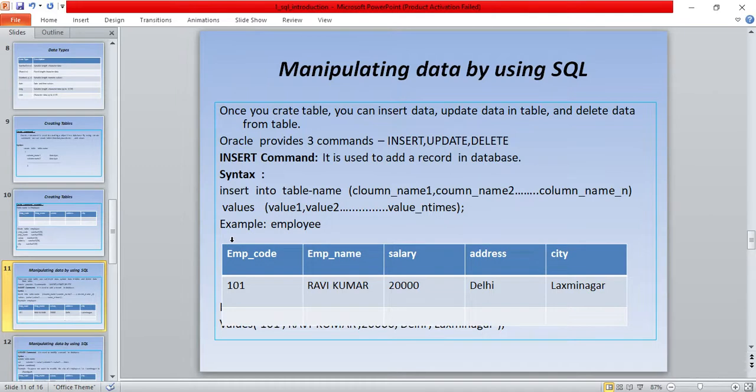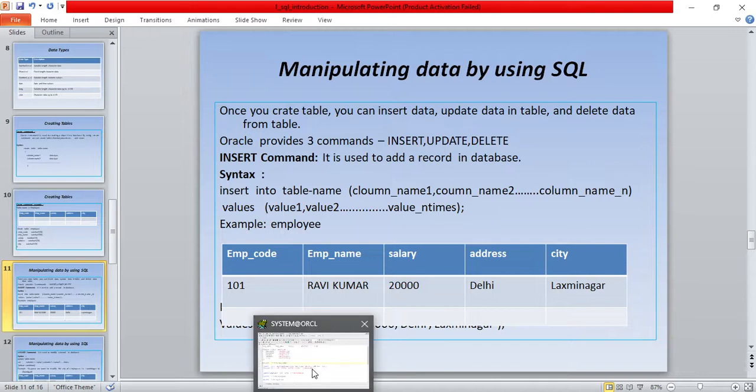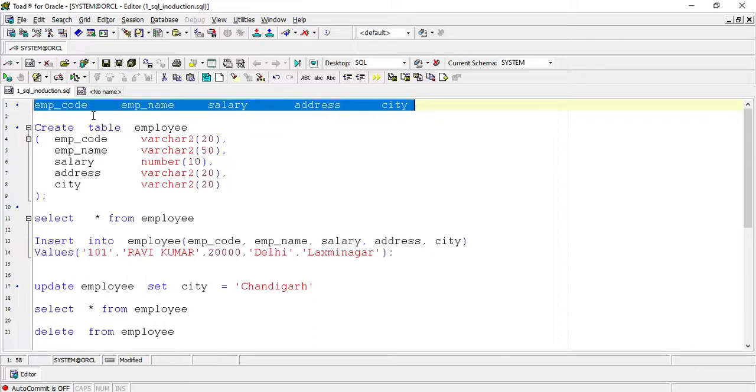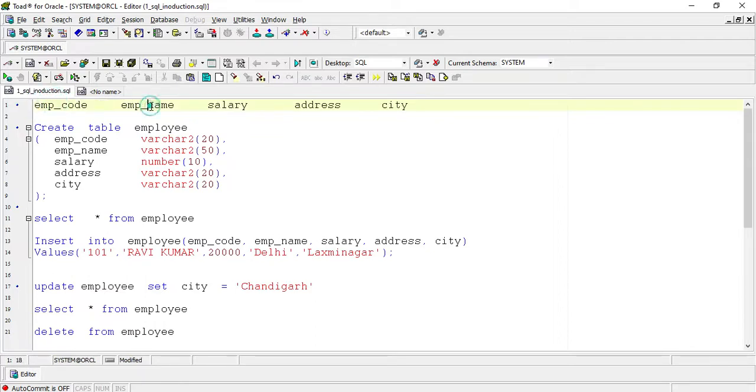I will explain it practically. Here, this is my table employee. These are the column names: emp code, emp name, salary, address, and city.